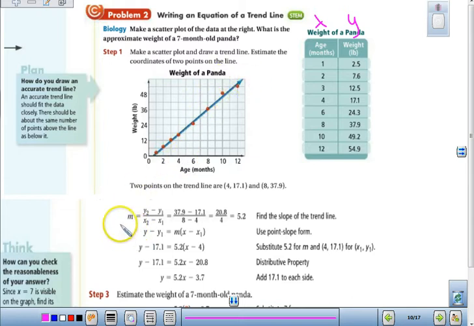This is where we were talking about what do we do first. You have to pick the 2 points. So you can see that they picked actually 4 and 17.1, which was a data point. They also picked 8 and